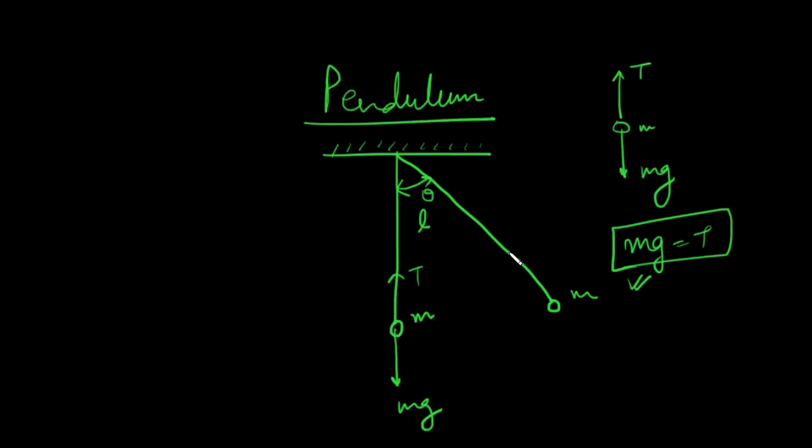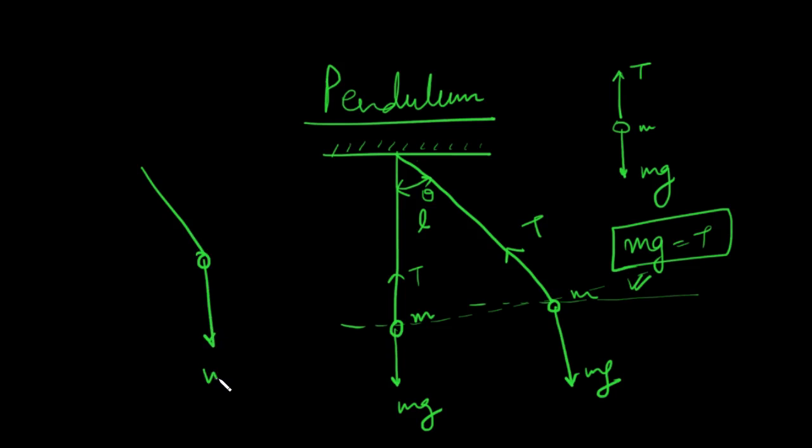Since the particle has been displaced, the tension will be along the string only, but the weight will be downward. It will be parallel to this. So the equations have changed now. And since this is the horizontal, the particle has been displaced, and this is the weight, this is tension,